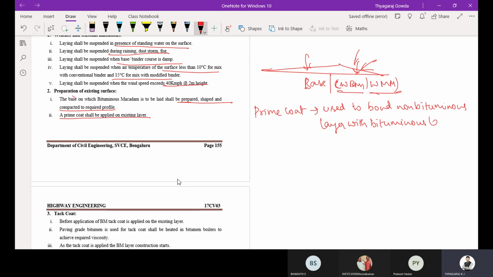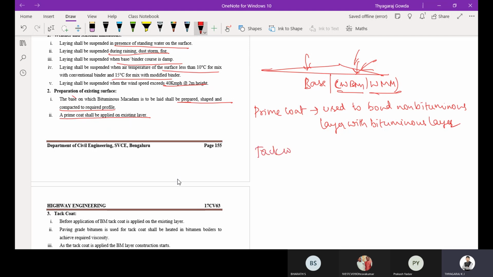It is a liquid bitumen which is used to bond a non-bituminous layer with a bituminous layer.